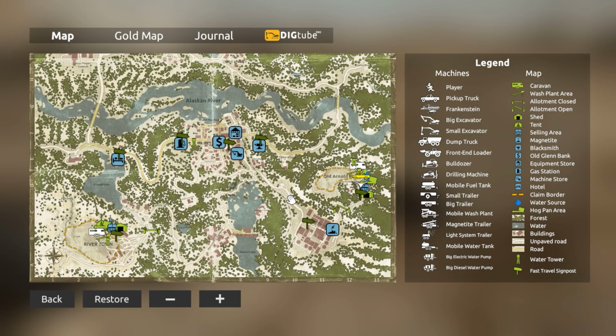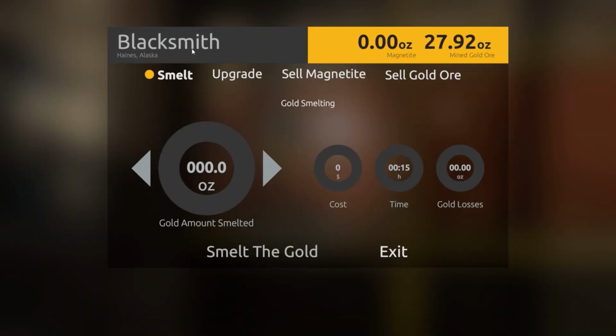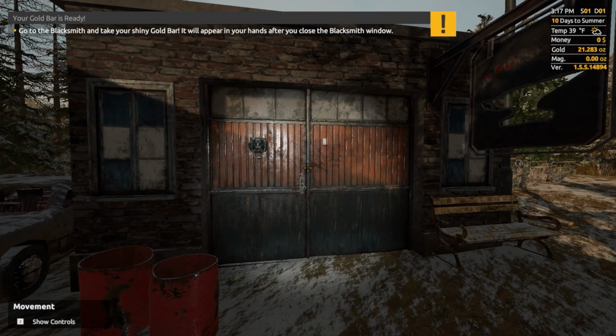you're going to want to head to the blacksmith and take your nuggets, and you're going to have very little money. So what you're going to want to do is smelt a bar. Don't worry about the upgrades or anything like that. We'll show you guys that stuff in other videos. We're going to smelt a bar with all the money that we have. 2 hours later. Okay, now that that's done,